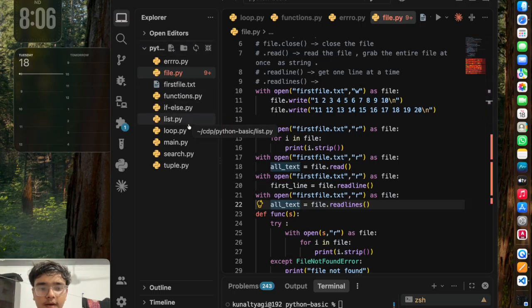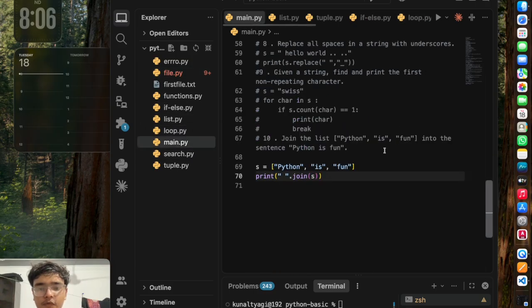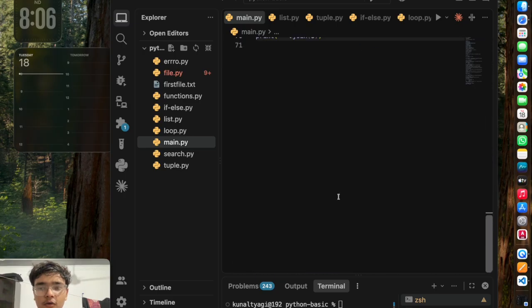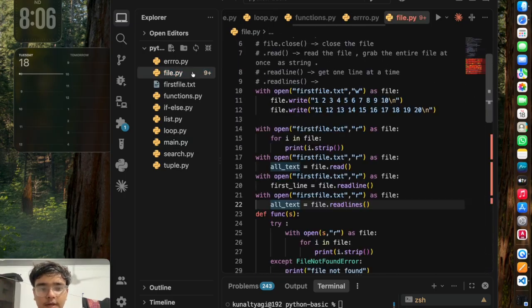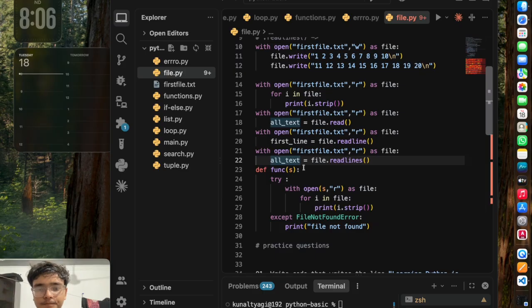And inside that list we have strings, and you already know about strings as well, so you can deal with strings too. Now what happens if the file does not exist? Our code will crash, but to save our code from crashing, we also know about error handling. We learned about error handling as well.